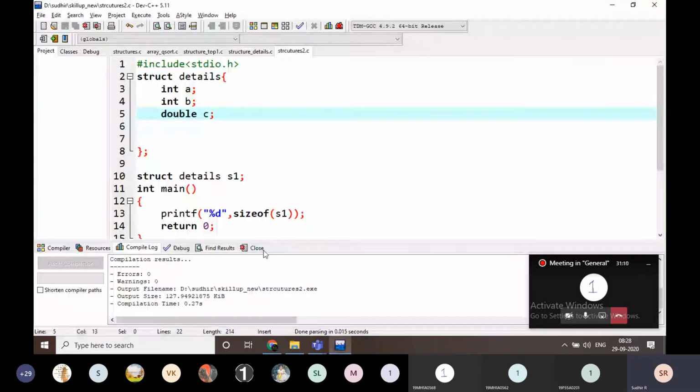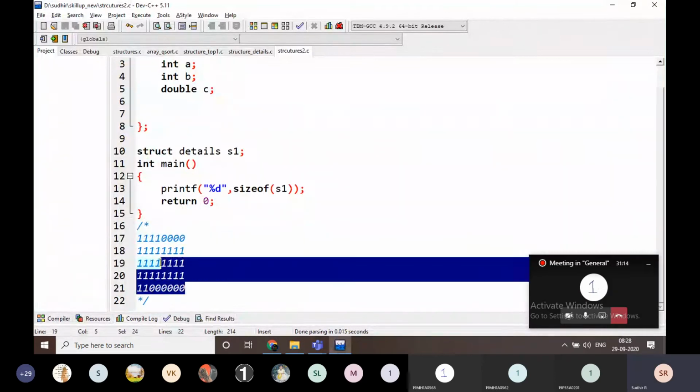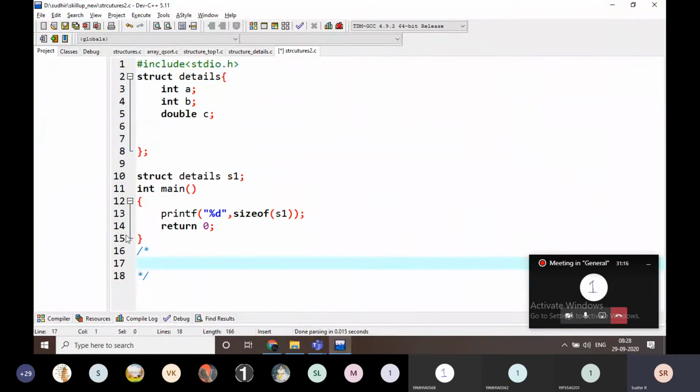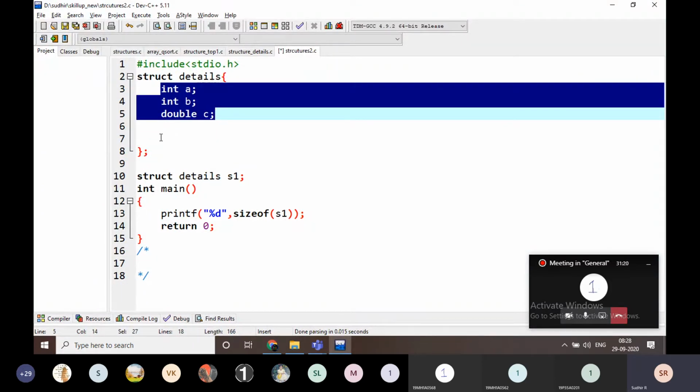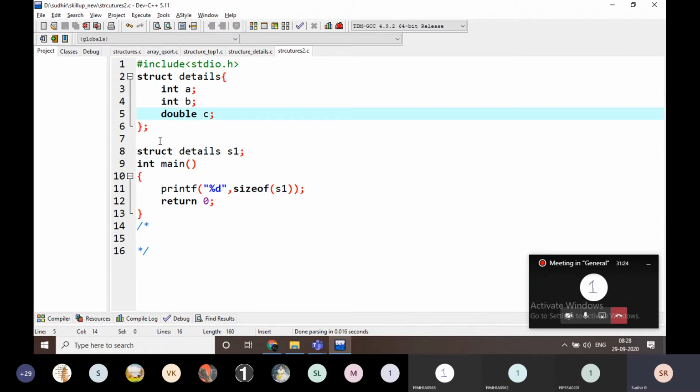Why? Because first of all it checks what the maximum size is in this. The largest variable is the double. That means it is going to be represented as 1 2 3 4 5 6 7 8 like this.